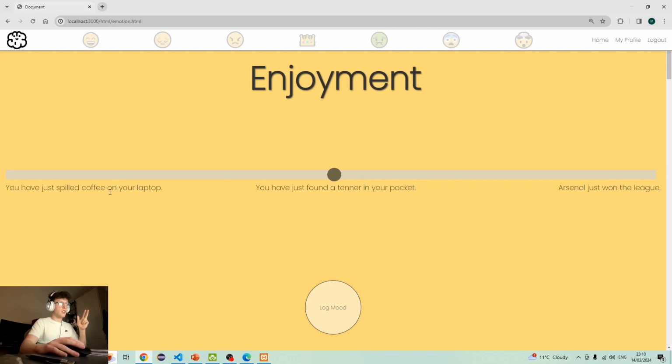Each one is 3 or 4 and it just generates one randomly. So as you see, "you just spilled coffee on your laptop" reappears, but "Arsenal just won the league" is new. This is to keep the user experience fresh. If I go down and click this lock, as you can see up at the top, this emoji lit up to show the user that this is locked. I then can't drag this, but if I click it again,